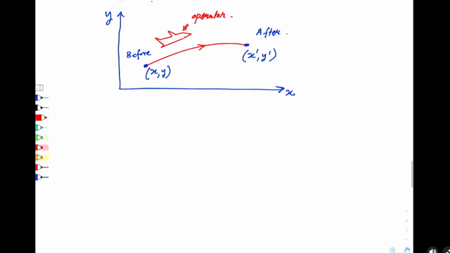Now you do the coordinate transformation. That means the XY coordinate is transformed into X prime, Y prime. What is involved? We call it a transformation operator. That is what we need. Now, if you want to be here from the US, you can have a direct flight